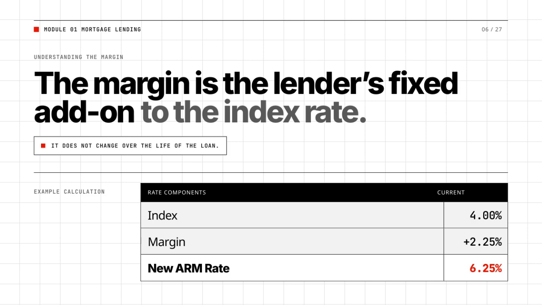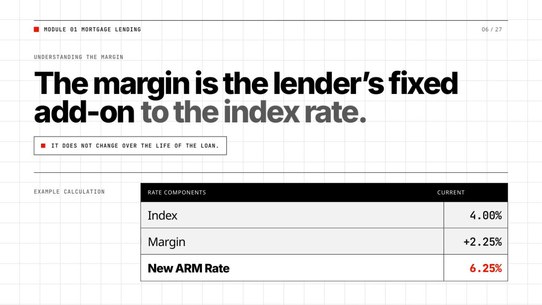To give you an example, if the current index rate is 4% and the lender's margin is 2.25%, you add these together to get the new adjustable rate mortgage, or ARM, rate. So, 4 percent plus 2.25% equals a 6.25% ARM rate. Understanding this fixed margin helps in knowing how your mortgage interest rate can vary, but also which part remains steady